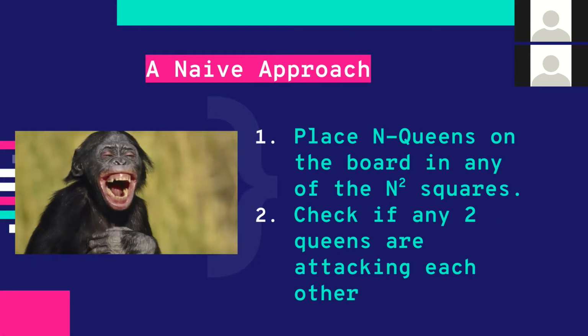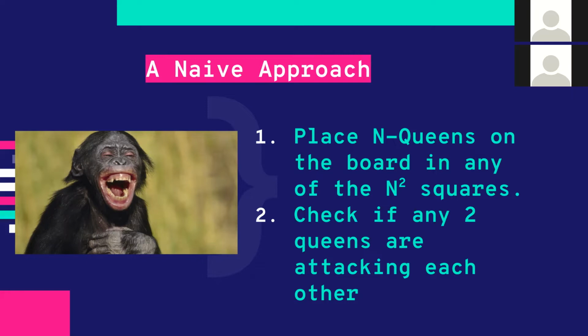If there are n queens to be placed on n square squares, because there are n square squares on a chessboard, right? On an 8 cross 8 chessboard, there are 64 squares. And I have to place 8 queens on 64 squares. So what I would do is go through all possible ways of placing those n queens, and check if any one of them is valid. This is the most basic solution, right? Check every possibility that we have.